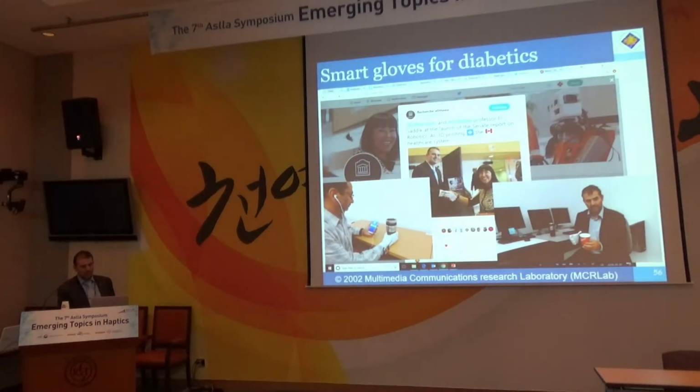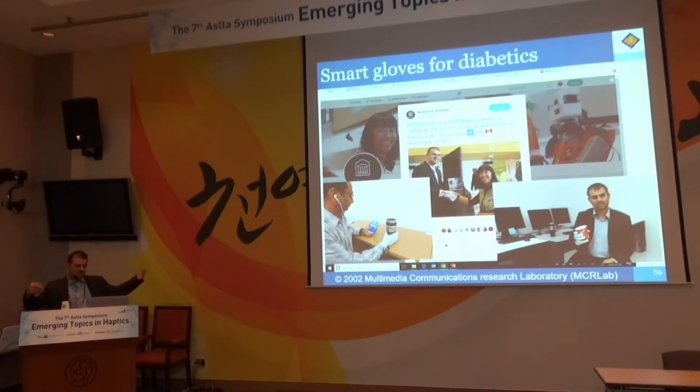And also a haptic-based glove for diabetics, because many diabetics lose the sense of touch, of the feeling in their fingers. So consequently, when they are grasping a cup or glass or whatever, depending on the force applied, a different type of media is presented, such as sound or movement of a chair, whatever, and then they will know which force they are applying and whether they should continue applying this force.